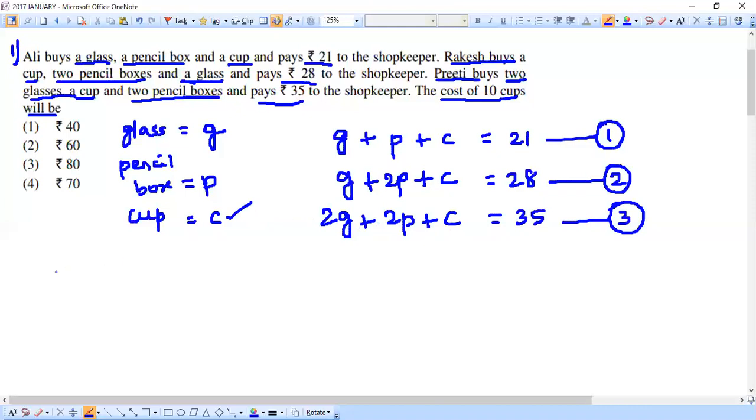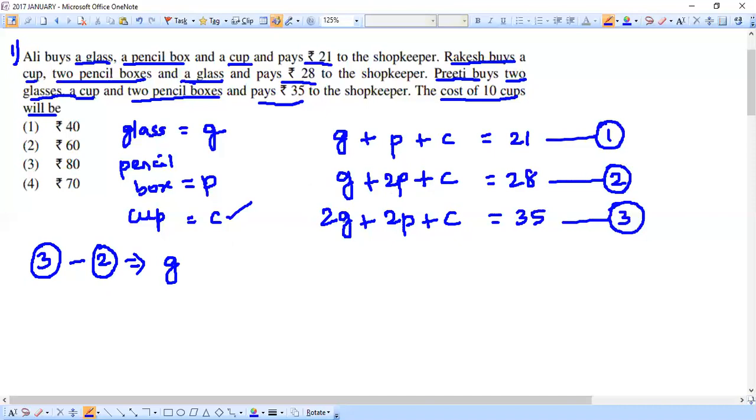Fine. So let's do one thing. We'll take equation number 3 and subtract equation number 2. So we'll do equation number 3 minus equation number 2. Then what happens is we'll simply have 2G minus this G, which will be simply G. And if you see, 2P minus 2P will cancel off, and C minus C, once again, will cancel off. I hope it is clear to you. This is the reason we are choosing these two equations, I mean equation 2 and equation 3.